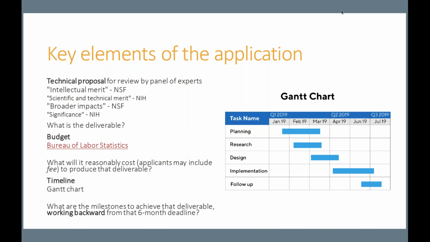Those are the things that are probably going to take the most time, especially for small business applicants: the technical proposal. These vary agency to agency. Some can be as short as 6 pages to as many as 12. But again, what you're doing is you're saying, this is what I propose. This is the thing I will do over the course of these 6 months. The terminology changes, just like the page limits change from agency to agency. NSF asks for things like intellectual merit. NIH calls this same basic thing scientific and technical merit. So it's really, what is this concept?